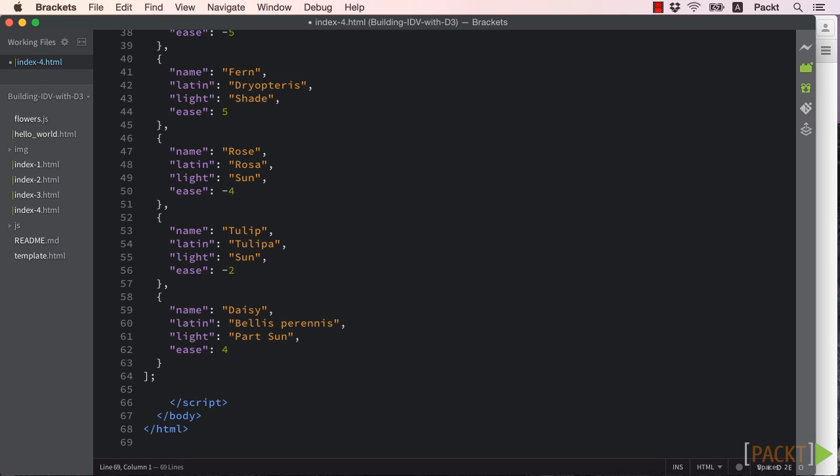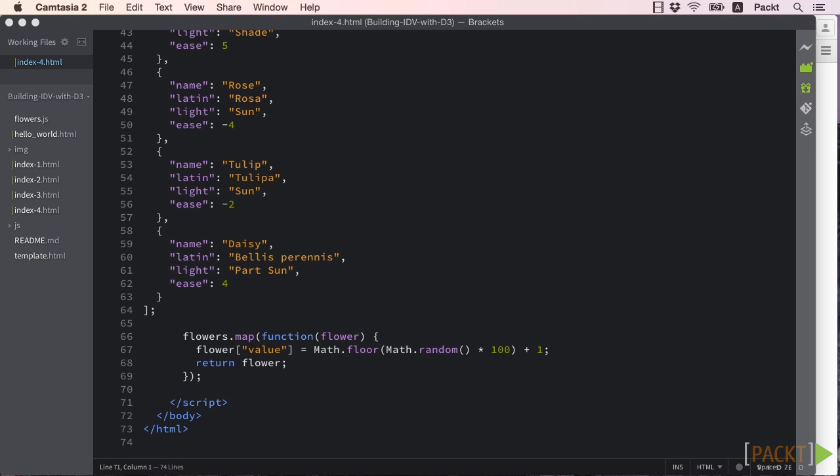We can see that we don't really have any numerical values besides ease of care, but this is more of a categorical value anyway. For the purposes of this video, we'll add a random number to our objects, which will then map to the height of our bars in our bar chart. In order to add this random number, we could go into our data array and simply add a new key